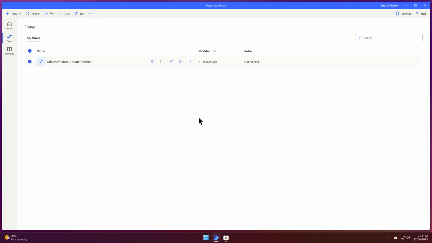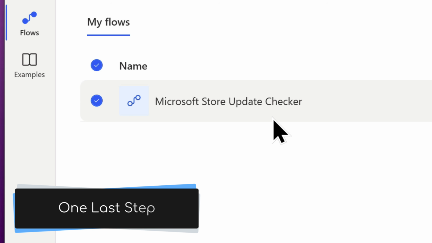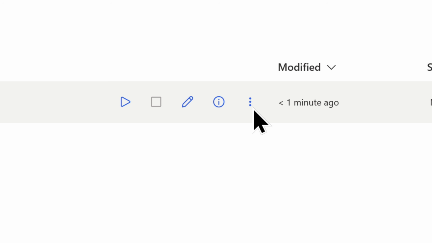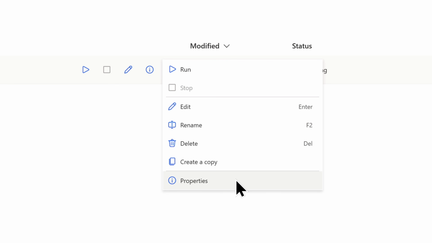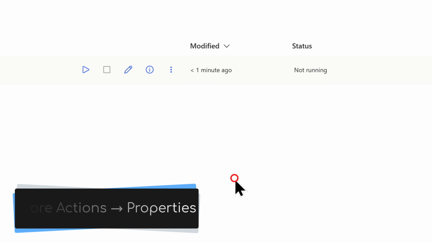This will take us back to the main Power Automate console, where our new flow is now listed with any others that we may have. And now for the best part, making this entire process runnable with a simple keyboard shortcut. To do this, find your flow in the list. To the right of its name, you'll see 3 little dots. This is the More Options menu. So go ahead and click the 3 dots, and from the drop-down menu that appears, I want you to select